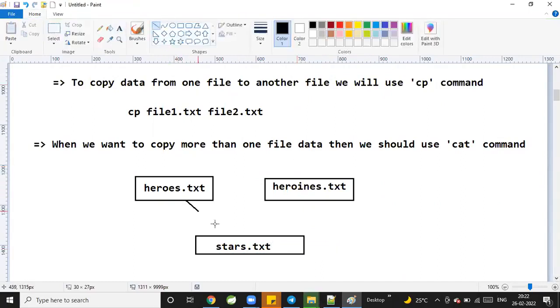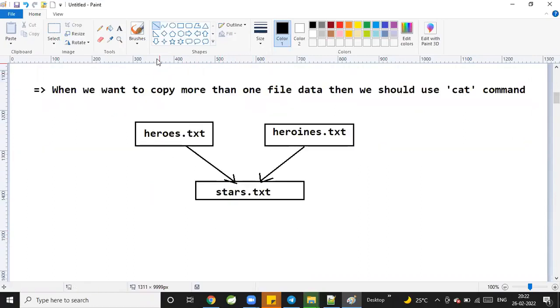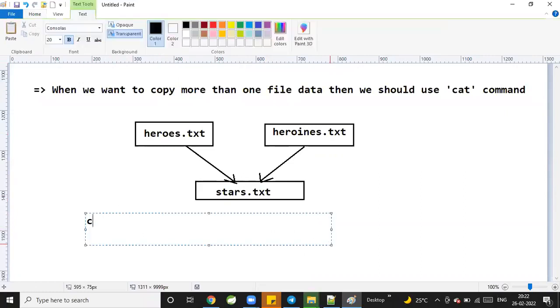So how can I copy two files' data into a single file? Can I go for the cp command or do I need to go for the cat command? To copy the data from multiple files to another file, which command do I need to use? The cat command. So for this we will use cat